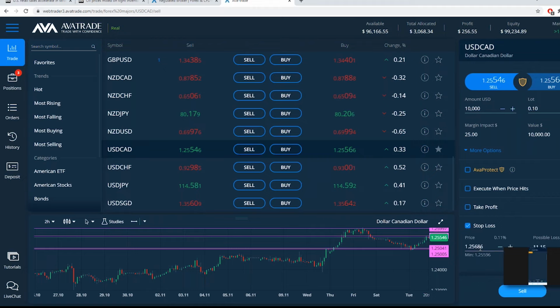So stop loss above that 126 mark, right? That's where that next resistance level was. So let's say 126.05 for the stop loss. And then my take profit, let's go,